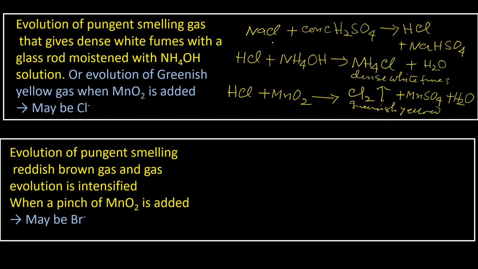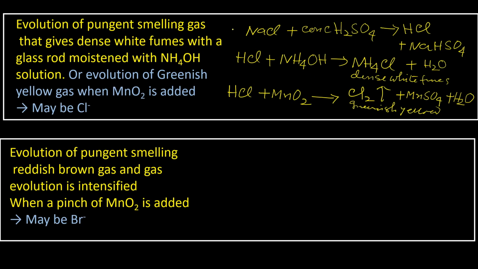Try to understand. See, sodium chloride, concentrated sulfuric acid, HCl, and sodium bisulfate. Now we are adding a little bit of manganese dioxide. So HCl is there, manganese dioxide is there, concentrated sulfuric acid is there. Concentrated sulfuric acid is also an oxidizing agent. In presence of manganese dioxide, more vigorous oxidation takes place. So HCl will be oxidized to chlorine gas, and here manganese sulfate plus water will form. Okay,